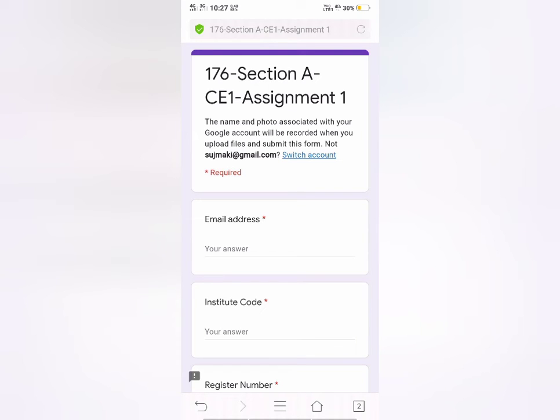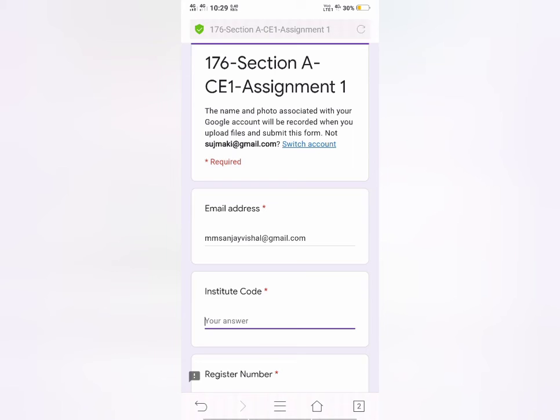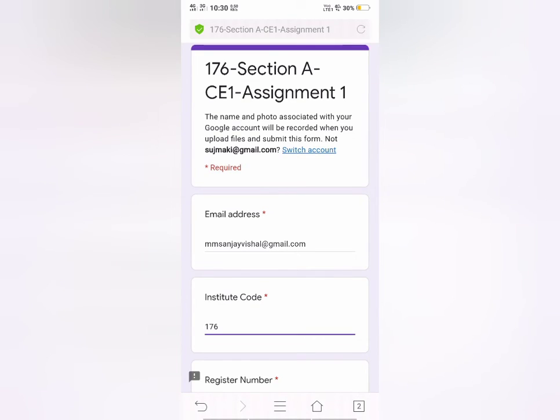At the top you can see 176, that is the college code, Government Polytechnic College for Women. The college code is 176. Then section A, CE1 means Communication English 1. Then assignment 1.